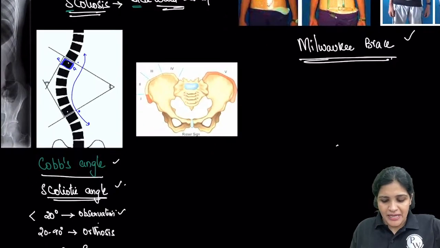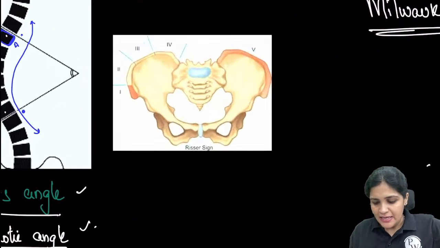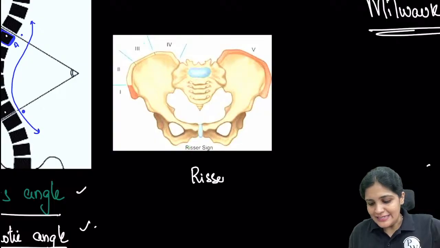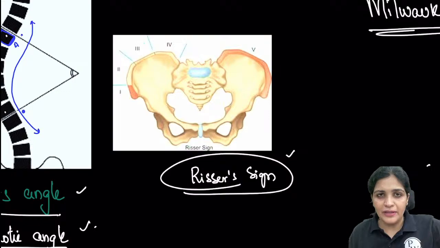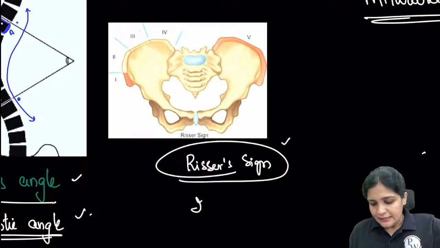So this is your Cobb's angle for scoliosis and this is your Milwaukee brace. Then what is this? This is called the Risser sign. They have not asked this so far, so there is a high chance they might ask this. So what is Risser sign? This is iliac